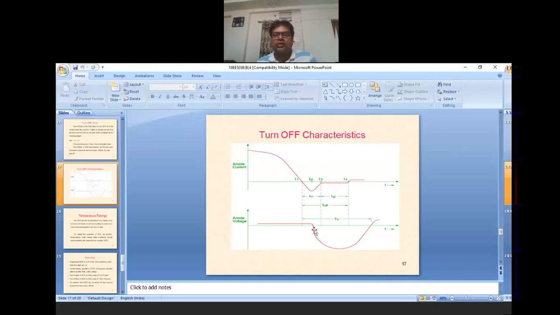So actually throughout the reverse voltage of the anode voltage, the SCR is conducting for some time in the reverse direction, which will be very less. It is reverse leakage current of the order of microamperes and even nanoamperes, but it will still be there, and afterwards it becomes zero. And then when positive anode voltage is applied again, there starts building up of anode current, reverse leakage current, and when the gate triggering pulse is given, the anode current increases to a maximum and again it flows on. These are the turn off characteristics.